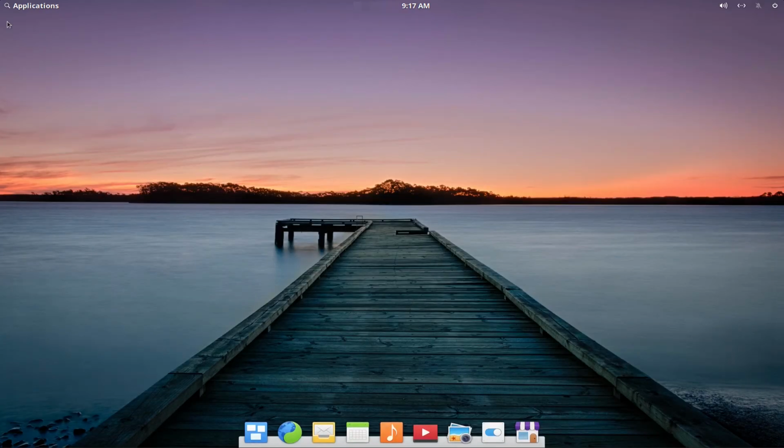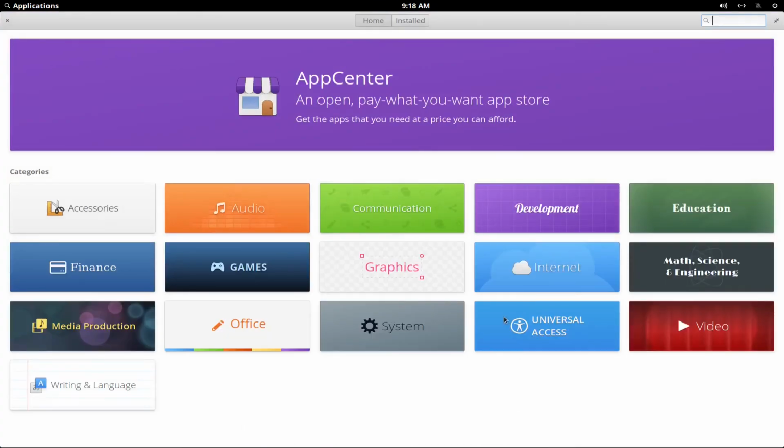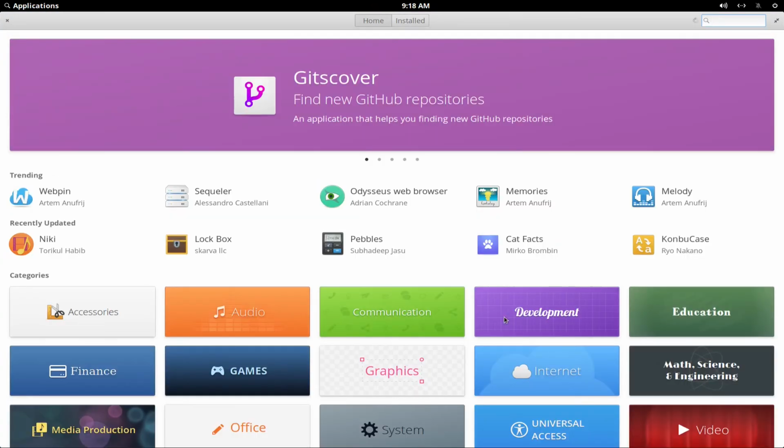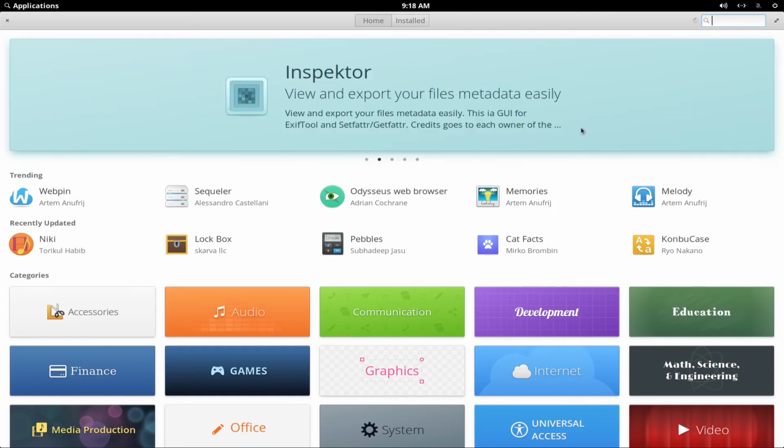So what we're going to do before we go to the Elementary OS website, I want to walk you through how to install software using Elementary OS. All right, so if we look down here in the dock, we have something called the App Center. Let's click on that. Now, this App Center here may look a bit familiar to you because we just saw